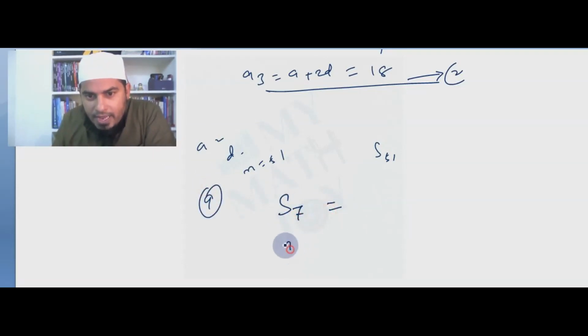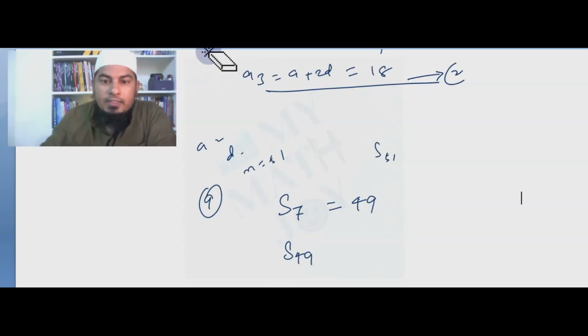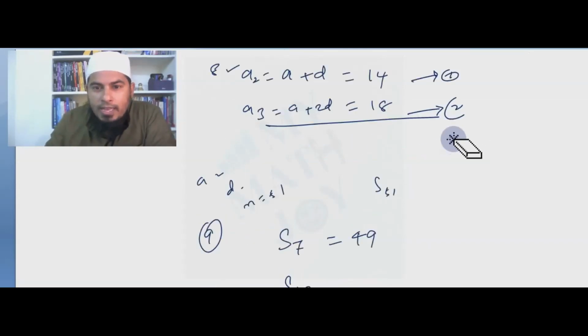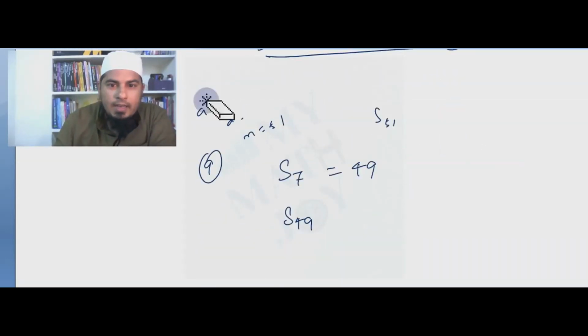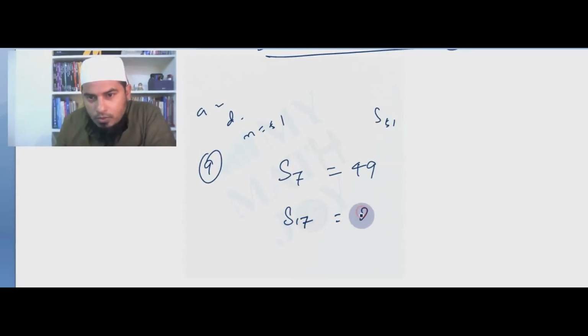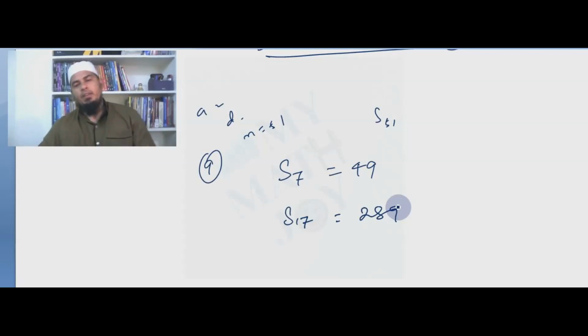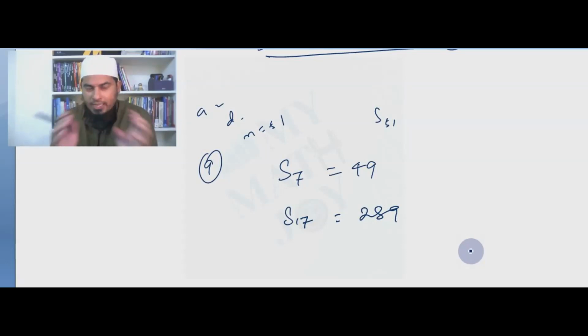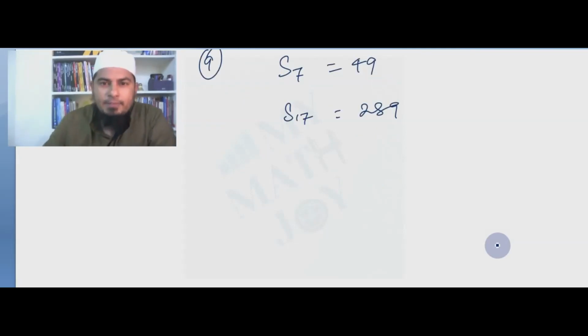S7 is given as 49, S17 is given as 289. So these are the given S7 and S17. What we have to do is write in expanded form, then observe cleanly. Again you will get a pair of linear equations in two variables, but they are slightly different than when only terms are given. So S7, I am writing in the expanded form, 7 by 2 into